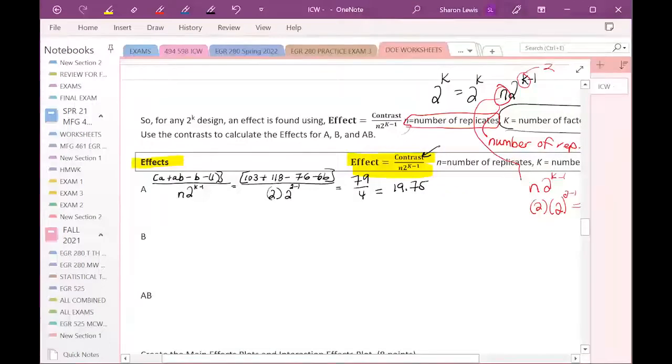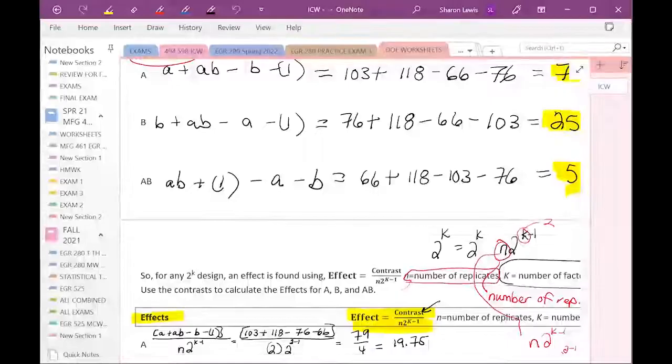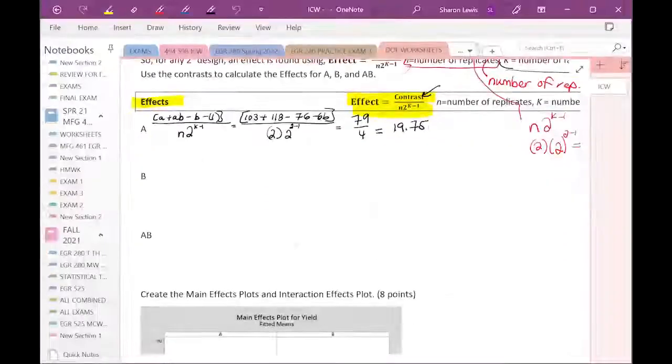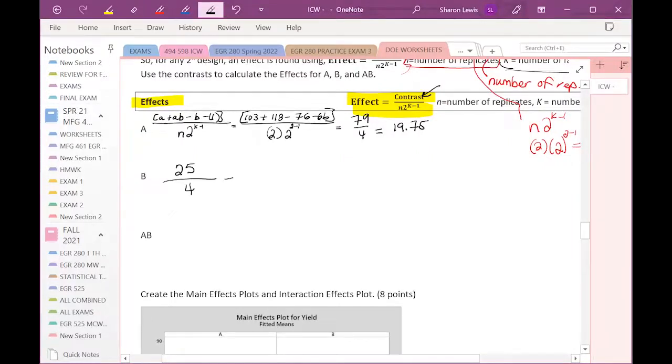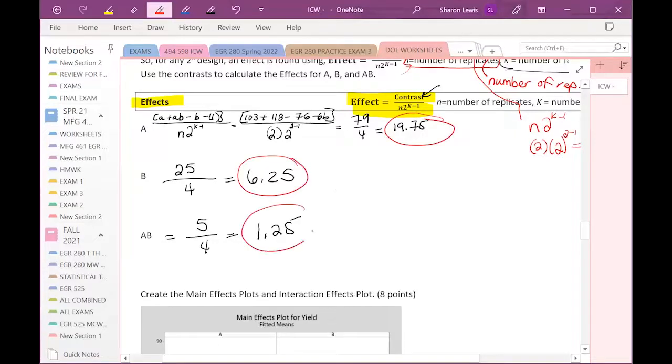So that's how you can do it for any example that I give you, any example that you encounter. We figured the contrast up here. For B, the contrast was 25, so the effect is going to be 25 divided by 4, and that is 6.25. For AB, the contrast was 5, and we're dividing by 4, so 1.25. So we have our effects again, but this time we calculated them using the formal calculations. All right, now